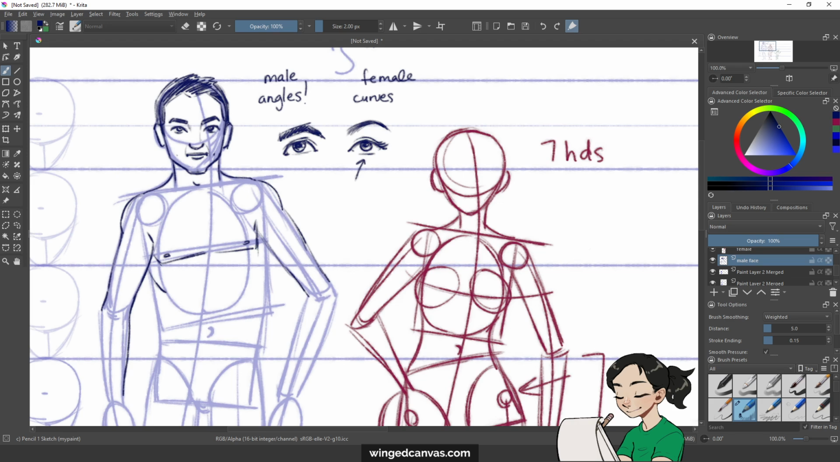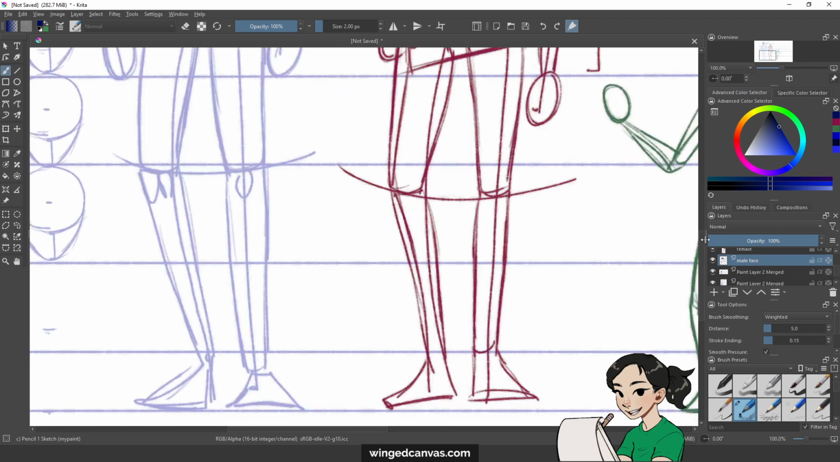If the ears are too high on the head, then it makes the head look like it's tilting down. If the ears are too low on the head, it makes the head look like it's tilting up. And generally, this is because,